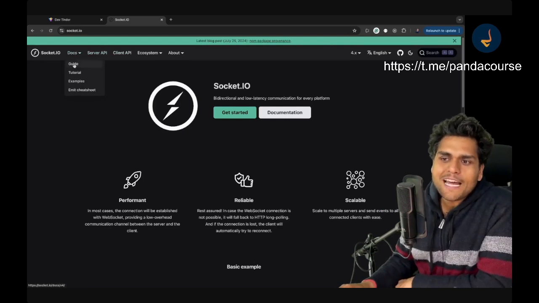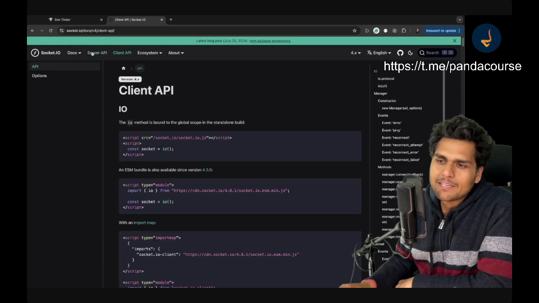So you can go to documents, guide, tutorial. You can go to client API, server API. We are going to see a lot of things, right? But